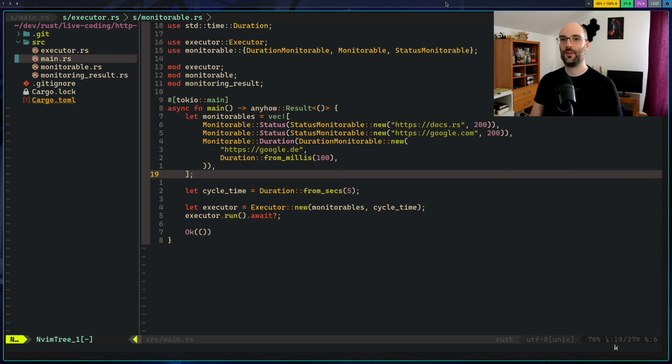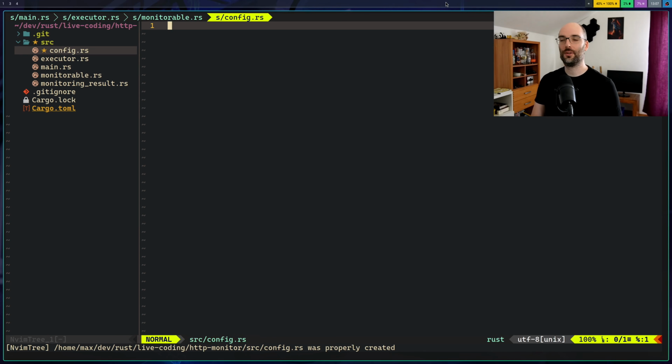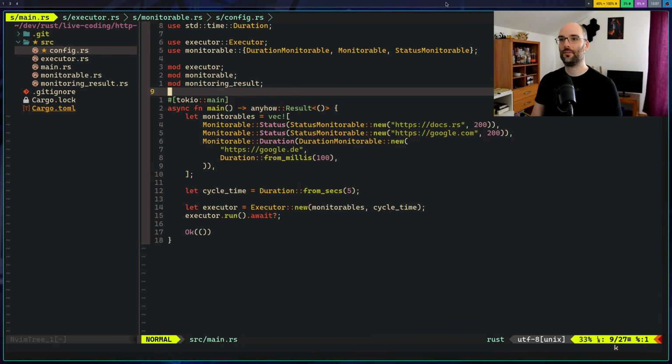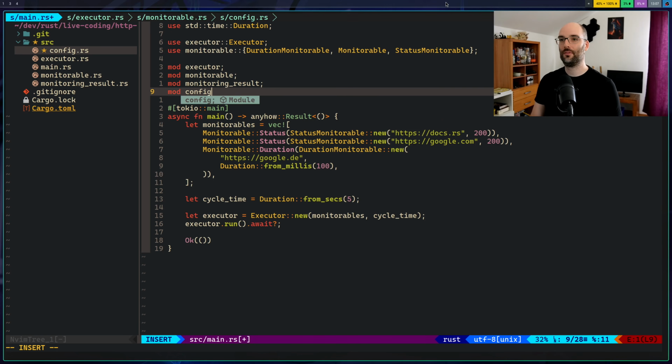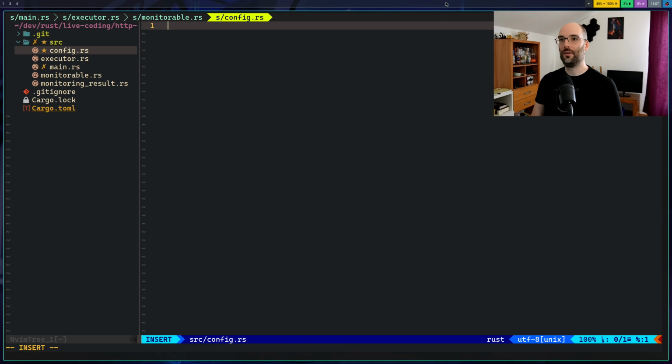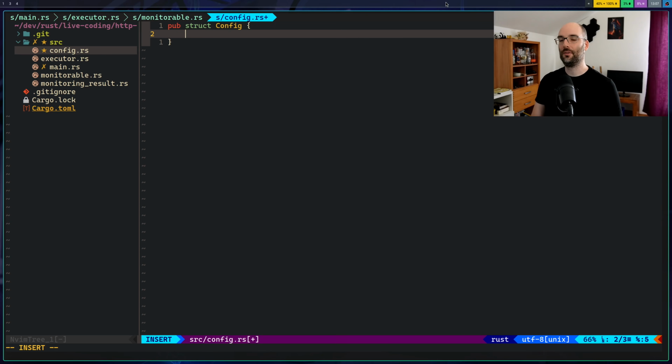So let's just add a file here, config.rs, and declare the module. And our config is going to be just a struct with the monitorables inside it.